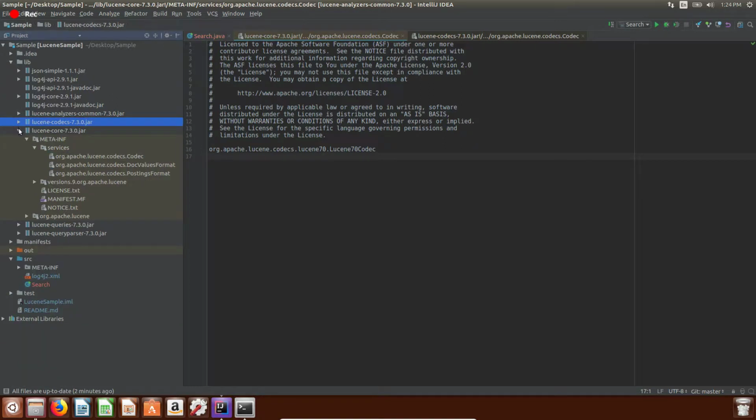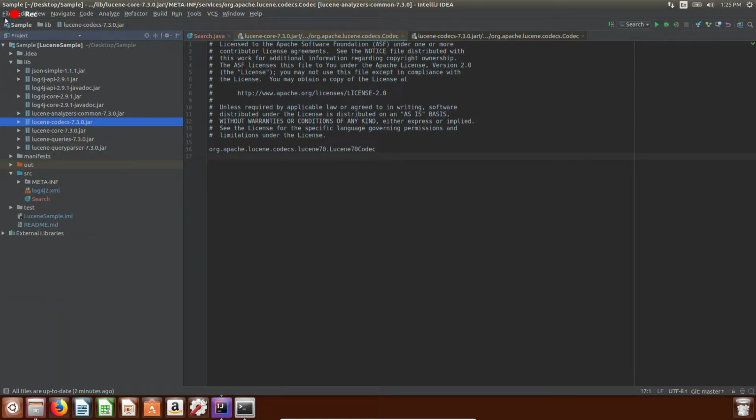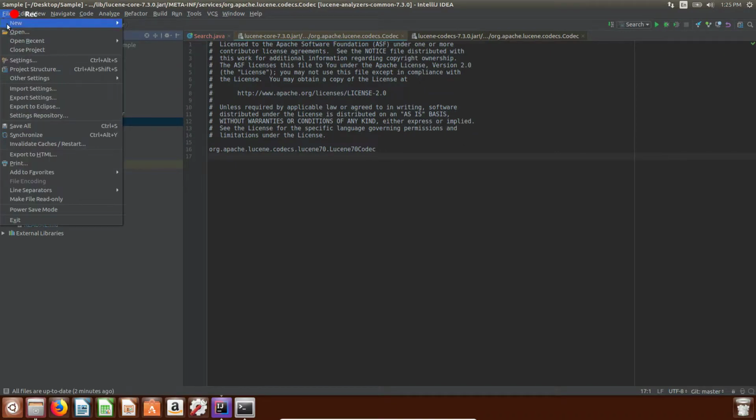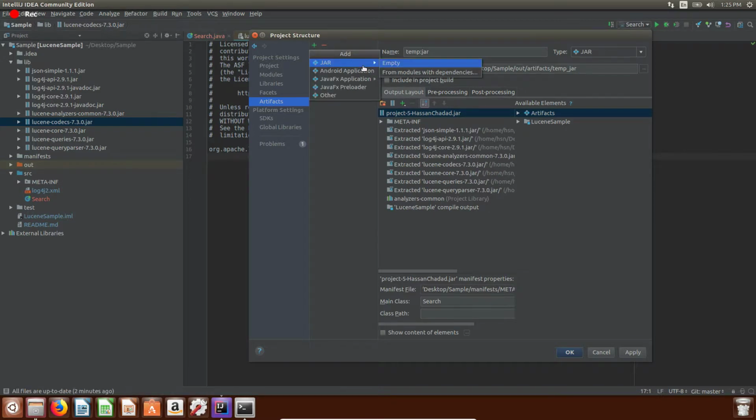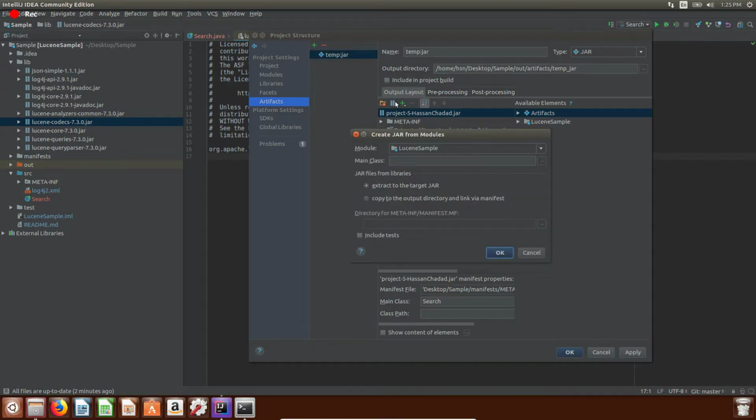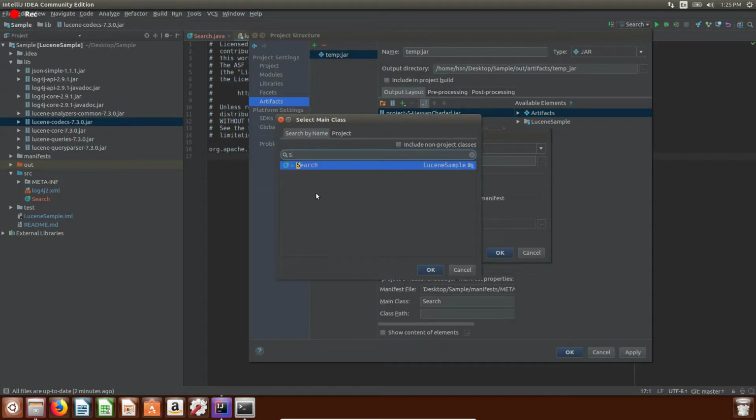the naive way, or the simple way to do that is, so first I'm not using any Maven or Gradle or anything. I'm using a very simple project. So when I go to the project structure, we see that, let me remove that. So let me create a new, let's say, new jar file. The main class is search,